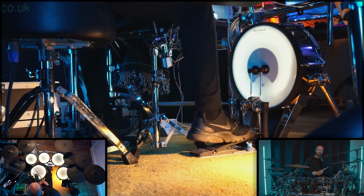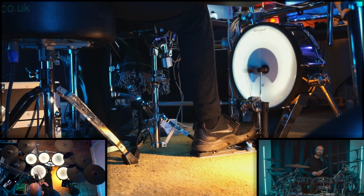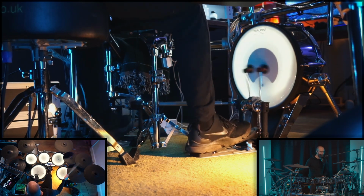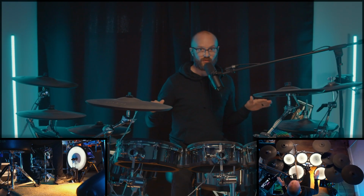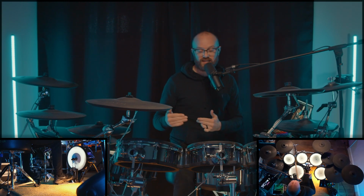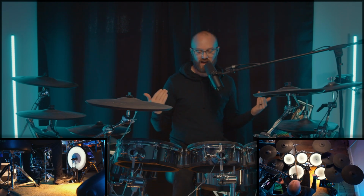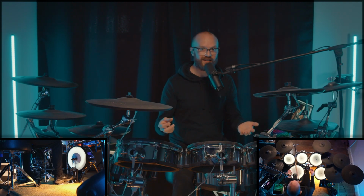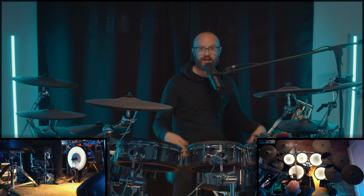And if I was playing super fast with a direct drive pedal, I'd be doing heel toe on both feet. Now, I'm not a heel toe double kick player, which is why that sounded awful. But if I was to practice on a direct drive pedal with that kind of technique, I would make the pedals do a lot of the work for me. I'd set up those pedals so that they're super light, so that the beaters are about this far from the head,